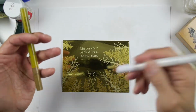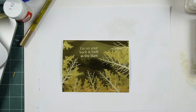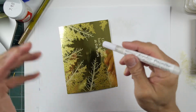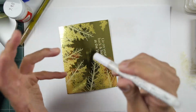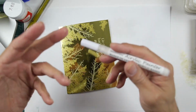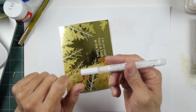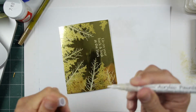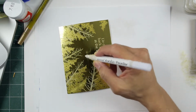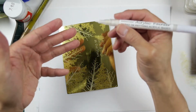opacity per mark. That being said, if you're an experienced stamper and you really know your pens and you don't want a really bright looking white dot, then you just shake it up less so it's a little bit more watery and translucent. So when you stamp it down, the background shows right through it, okay? There's all kinds of little things you can do. Maybe I can shake this up a little bit and I get lighter color stars with the gold shining through it a little bit more. Then you shake it up more and then you get this more opaque